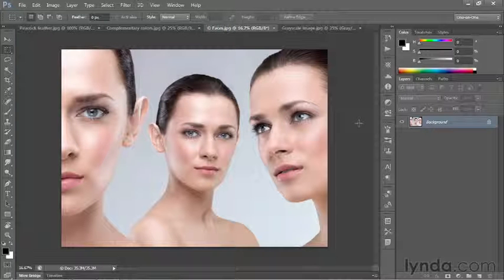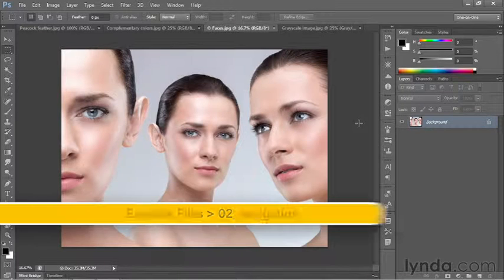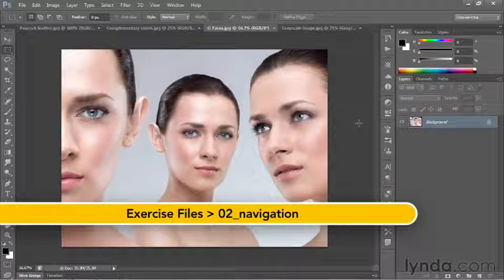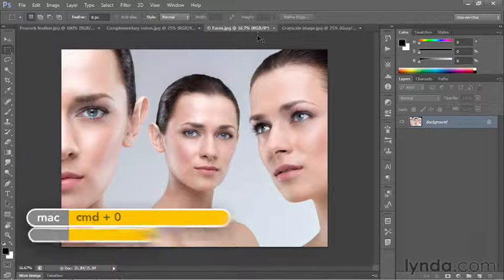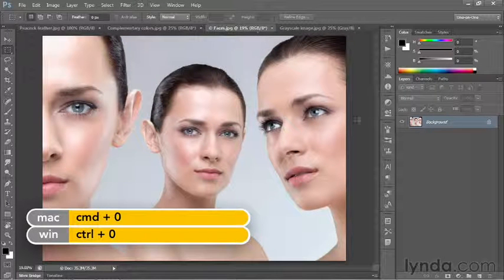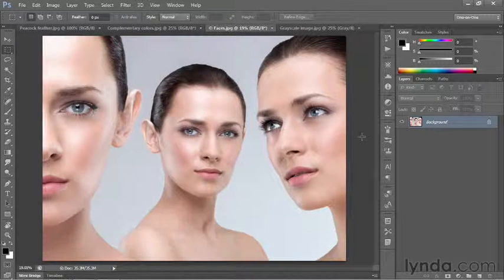In this movie, I'll show you your final zoom option, which is to dial in a custom zoom value, which is great for establishing a wide, centered view. When I first open this image on this particular screen, it comes in at 16.7%, which is just too far away. If I press Ctrl-0 or Command-0 on the Mac to fit the image to the screen, you can see